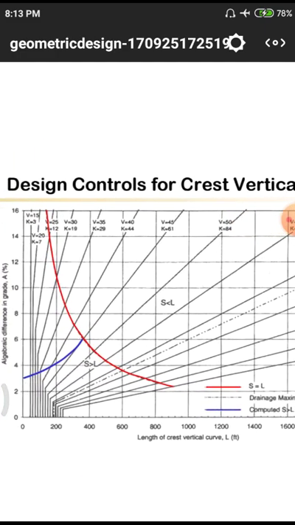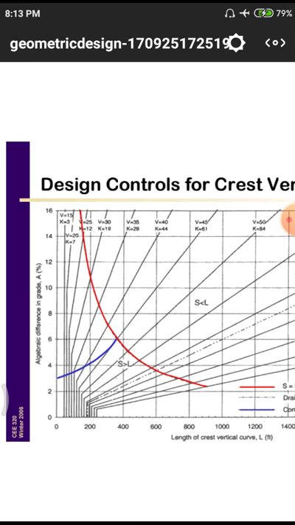This is the difference of particular percentage of these gradients whenever the roads are changing. That means whenever two roads are meeting, automatically we are designing it as a curve, so that in the curve we are having the change of this alignment, 2%, 4%. That means in the first road we are having 2% of change of alignment, in the second road we are having 4 to 5%, so we have to observe the alignments: whether it is 2%, what is the normal value; 4%, what is the normal value.